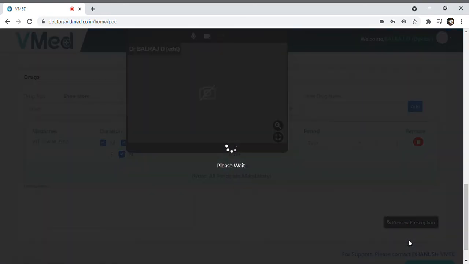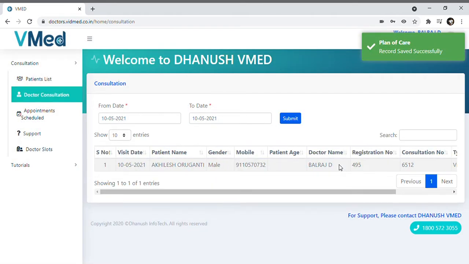The doctor can give the prescription and all the drugs and lab tests, and the pharmacy can also be selected, and the details go directly to the patient's mobile through an SMS, where the patient can download the prescription through his mobile. So the doctor need not worry even if the call gets disconnected when a patient or a health worker is giving us the details of the patient. This helps us understand that the application will go forward even when it is disconnected from the patient or health worker side.